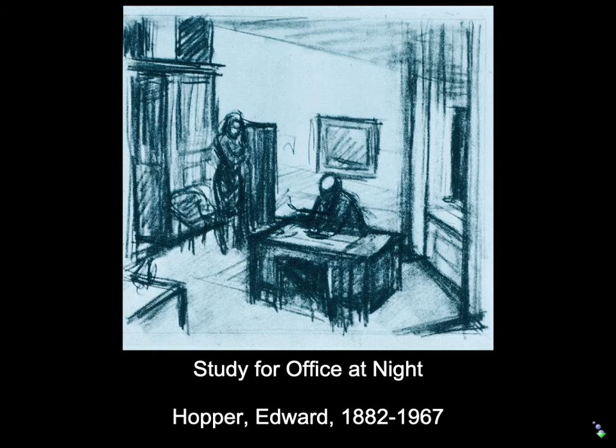Here's a nice example. You'll notice, by the way, how they're much closer together here than in the final painting. He's pulled them apart further. That gap between them is incredibly important. If it's too close, it's too intimate. If it's too far away, there's no buzz between them. But if it's just right, then there's a tension between them.